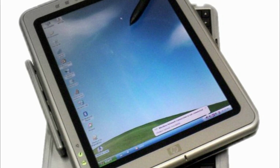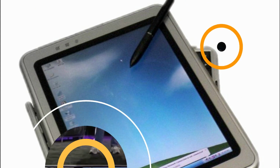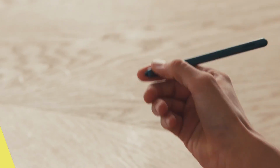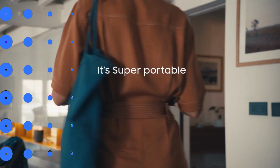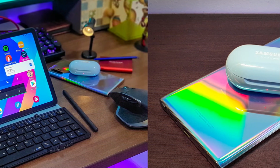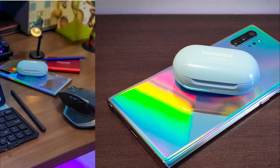Ever since the release of the world's first tablet PC by Microsoft, the tablet industry has developed at such a fast pace that is almost comparable to that of the smartphone industry. Both devices share a lot in common after all. A majority of consumers view tablets as this sort of hybrid between a laptop and a smartphone with a large